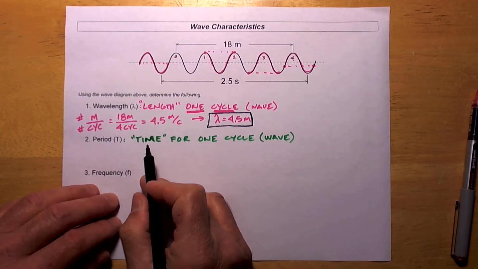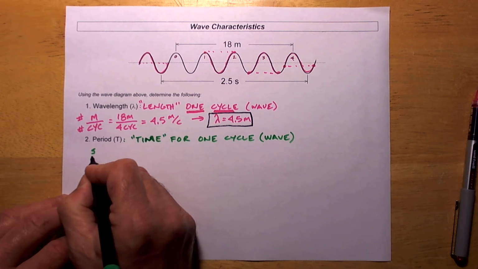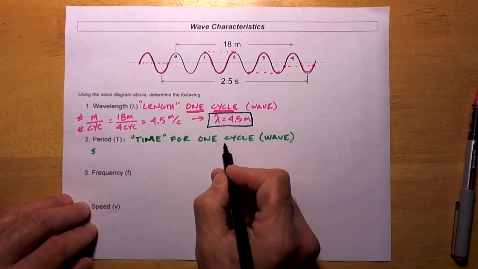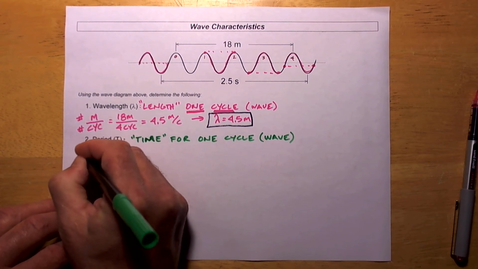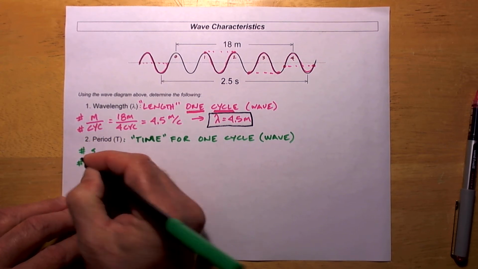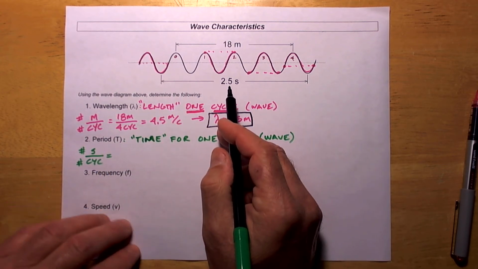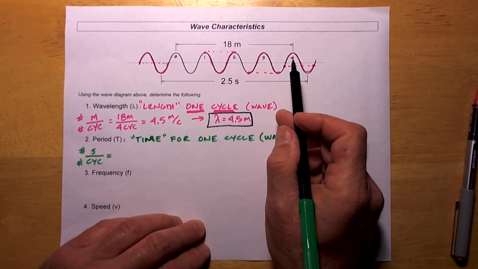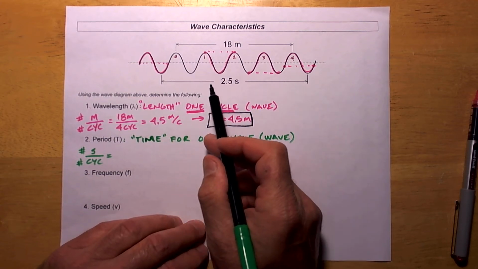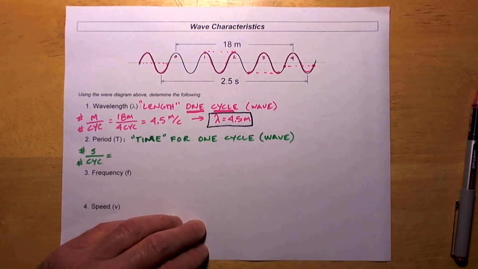And we know that one cycle takes place in a certain amount of time. So it's the time. And what do we like to measure time in? Well, we like to measure time in seconds. And that's seconds for one cycle, so per cycle. So it's really the number of seconds over the number of cycles. Now, if we take a look at our wave, here we have a time that's measured, 2.5 seconds. Up here we had 4 cycles dimensioned, but down here we have more than 4, clearly because this dimension is longer than the other. So let's go ahead and